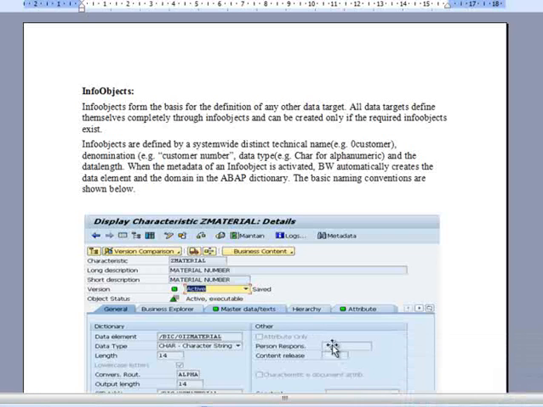When the metadata of the InfoObject is activated, BW automatically creates the data element, the domain, the SID table, the master data table, all these tables will be activated.